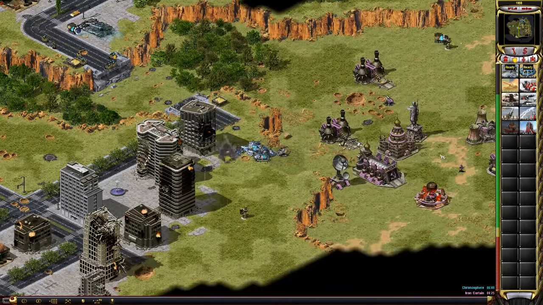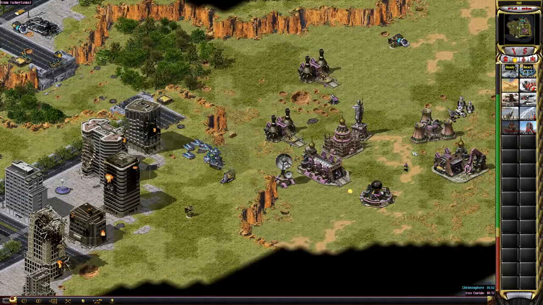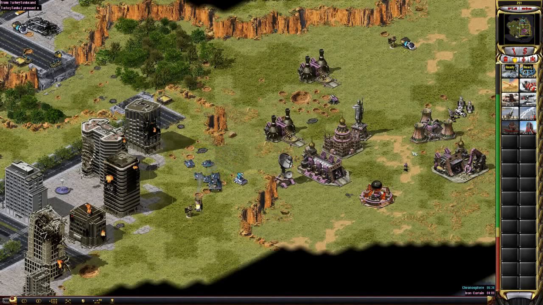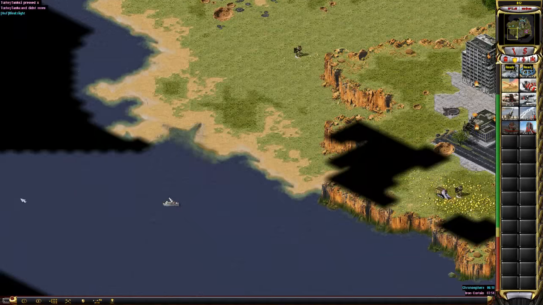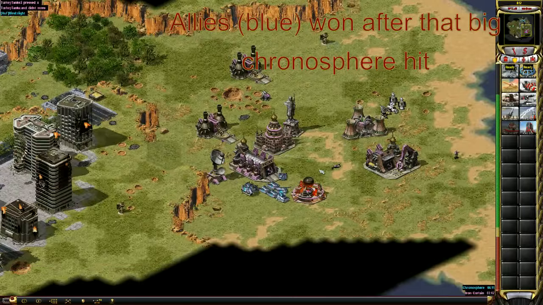Okay, there. That's the big hit with the Chronosphere I was talking about. And I got hit with 2 big hits with the Chronosphere and an AvS. Those 3 things lost me the game. Other than that, you know, I didn't do too bad, but I can't